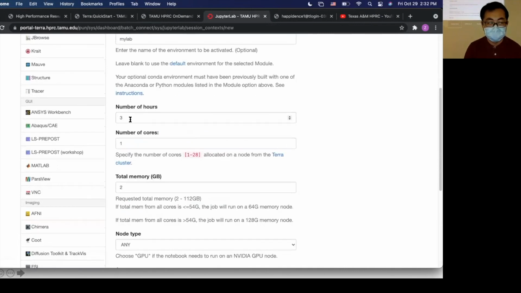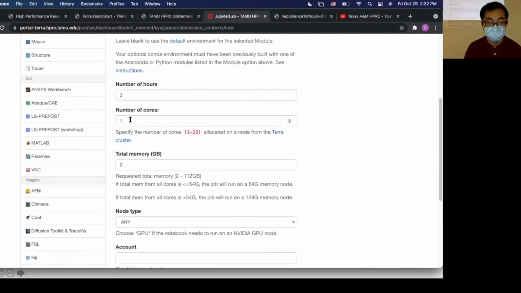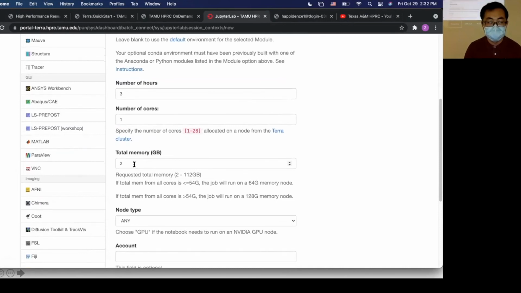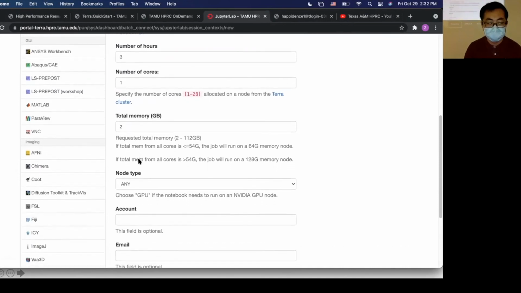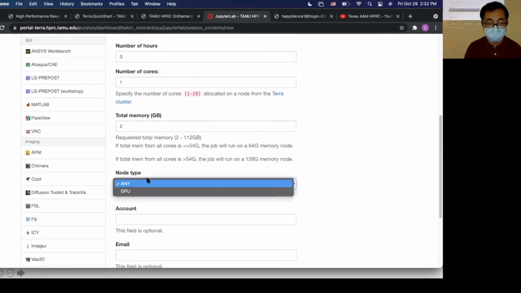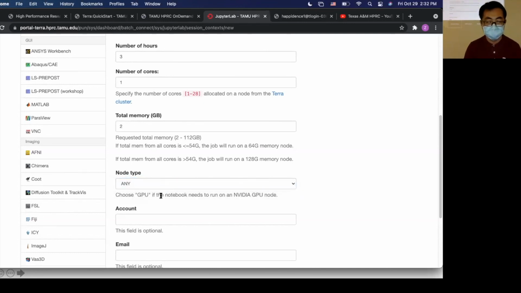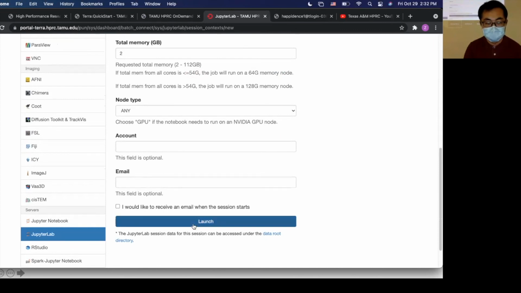The number of hours I set to be 3, number of cores to be 1, and I want to use 2 GB of memory because I don't want to use too much. For the node, I just choose any. You can choose GPU, but the GPU node is busy, so sometimes you will need a longer time. I don't want to receive an email, though. If you want to receive an email, you can check it and type your email, and then I will launch.